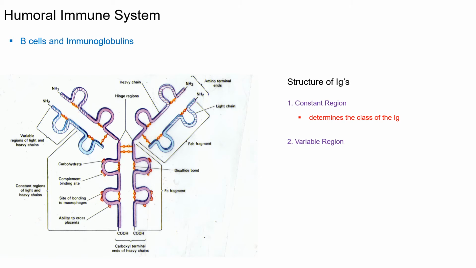The variable region is the light blue region that you see on the ends. Now, for each of these immunoglobulins, there will be 2 variable regions, and what they do is bind to the antigen. Now, this is where we're going to see a difference between what we've talked about in the past with proteins like enzymes and antibodies. Remember when we talked about enzymes, I said they are not locks and keys. We only have to have a substrate that has a shape similar to the active site for it to come into that active site. That is not the case for your immune system.